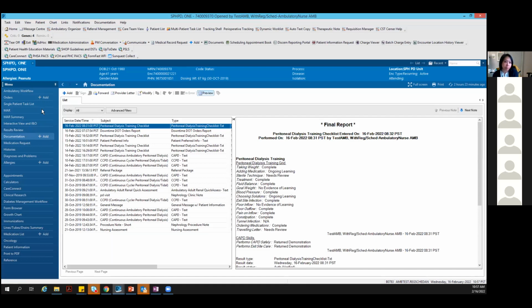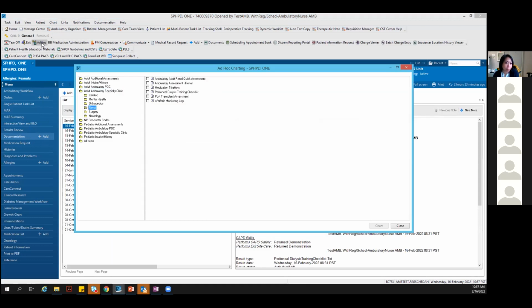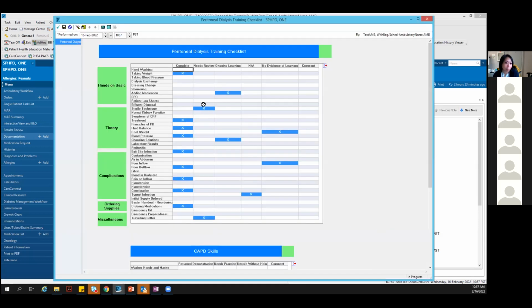I think Vivi actually mentioned earlier, with documentation, when you want to document maybe the training for these patients, you can come here to the ad hoc button and click there, and you can try the patient checklist and open that up. So I already charted, so you can take over where the nurse had already charted earlier, and you can continue with the charting. So in this case, maybe you can say you've taught the patient about showering and how to view their laboratory results. So you find these